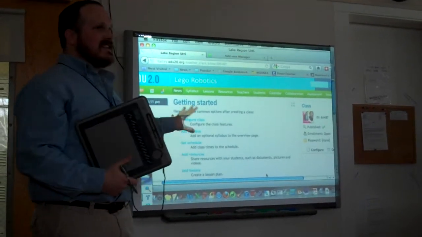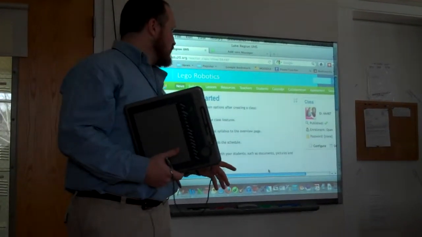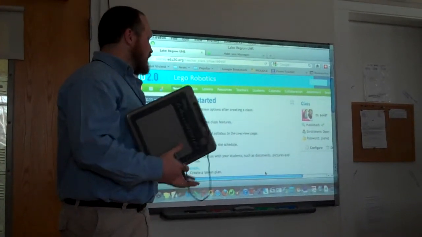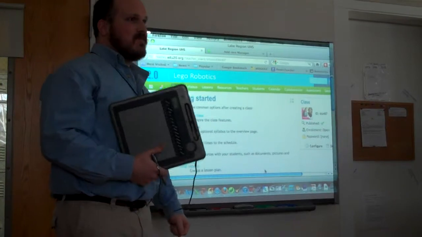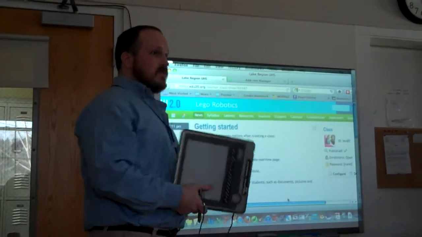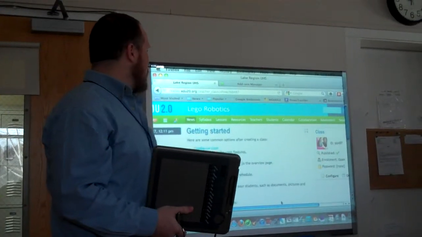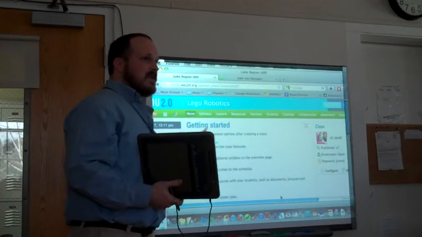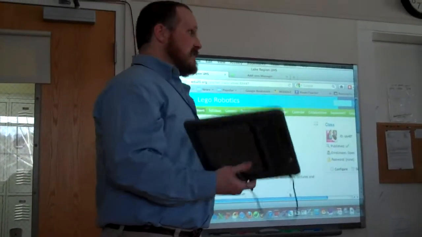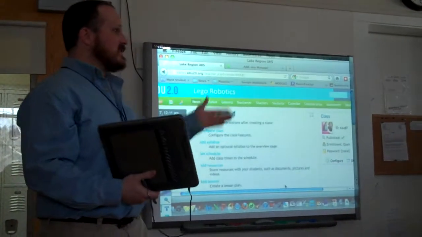But if you start digging deep into this, what I've found so far is it's just as complicated as Moodle, if not more so. Moodle, at this point, has all of our student accounts and teacher accounts already in it, which is really nice. But that only just happened this year. EDU 2.0, you've got to start creating student accounts again. You yourself have to manage it. Yes. Which has its bonuses, because